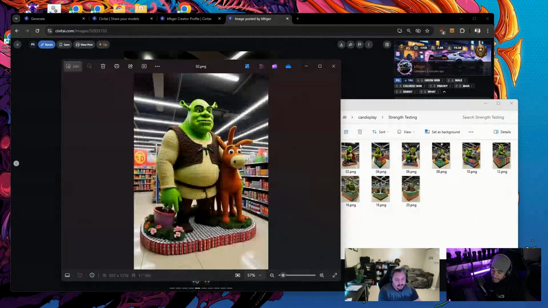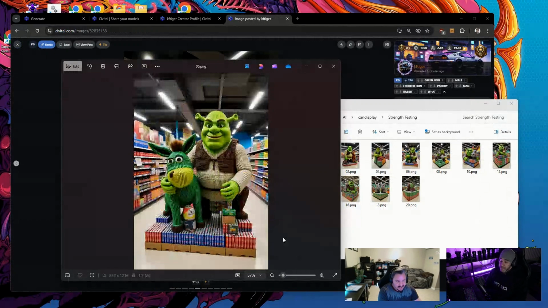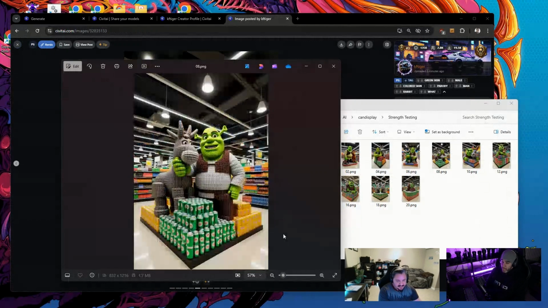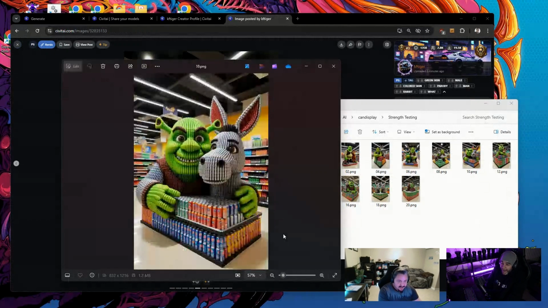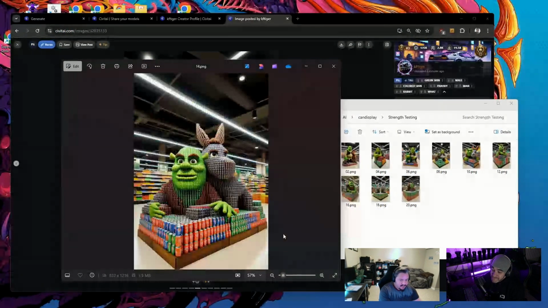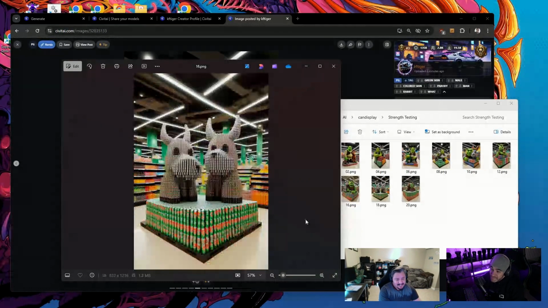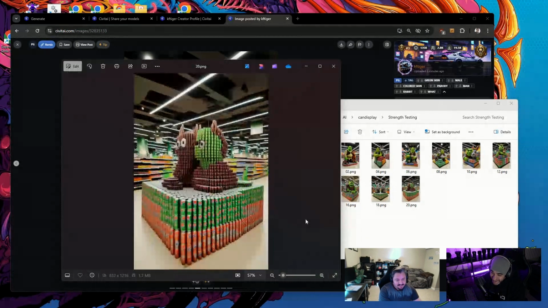So this is at 0.2 strength. 0.4, 0.6, 0.8, starting to look a little more like cans. 1.0, 1.2. Then it goes a little too far from there. 1.4, 1.6. Yeah, 1.8, I think we lost track. And 2.0, we just lost anything except cans. But it understands the cans.